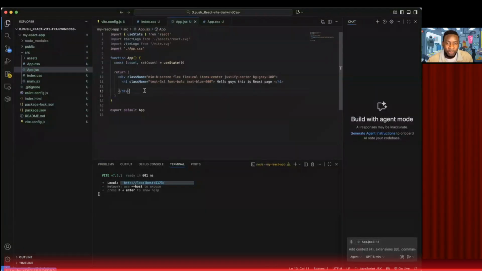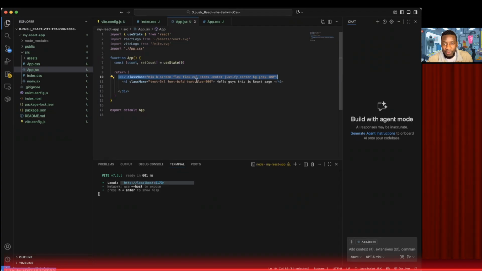So this is the code. We create our div. Okay, we tell the div this is the code, and then the classes we have used, we say on the screen. Okay, we need everything with this color, and the items need to be in the center. Every text will be justified. Okay, and we have used gray 100. So when we write some text, you see this text, we have written